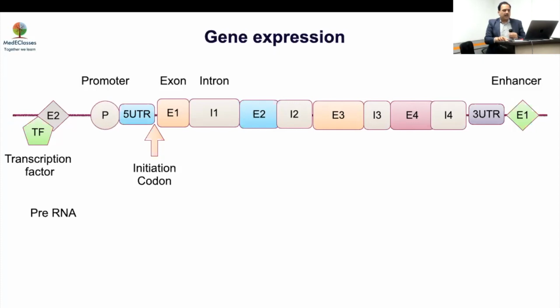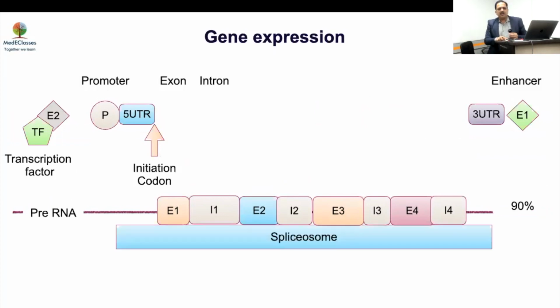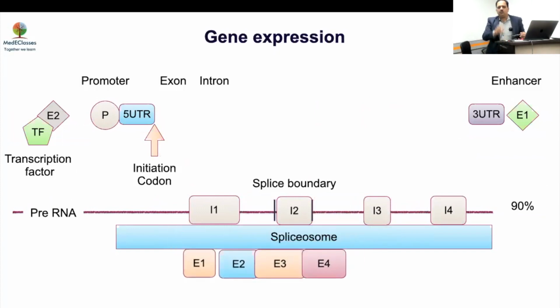So from there, all your gene is coded. This is known as the pre-RNA. And from pre-RNA, you have got the exons, which are then spliced out. What is splicing? Cutting, like splice, you just cut things off and then suture them together. So this is splicing, which happens, and there are splice boundaries from which splicing won't happen, and then you form a new content. So you have cut the cloth and sewed it together. This is how the new thing has happened. So this is basically the exome and intron, which is there.